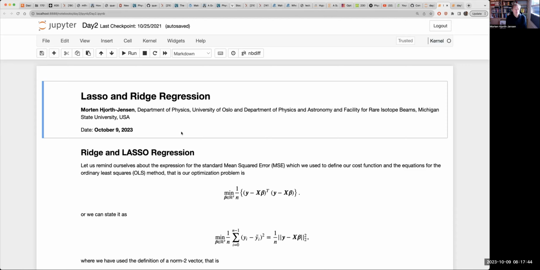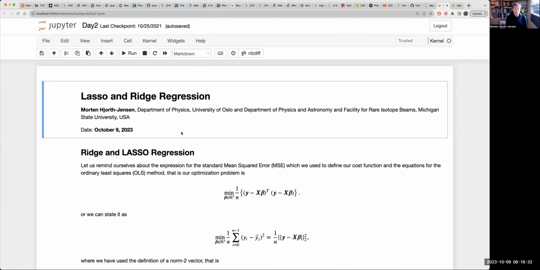One of the reasons for that is that we have analytical expressions for the parameters, the optimal parameters. We also have an analytical expression for the variance of these parameters, which means that we can link it immediately with a statistical interpretation. And furthermore, the second derivative of the mean squared error, which gives us a function which we last week called the Hessian, is a function which we can demonstrate today with the singular value decomposition theorem leads to a convex optimization problem. And that is also extremely useful because it allows us to gain some insights about the mathematics of machine learning